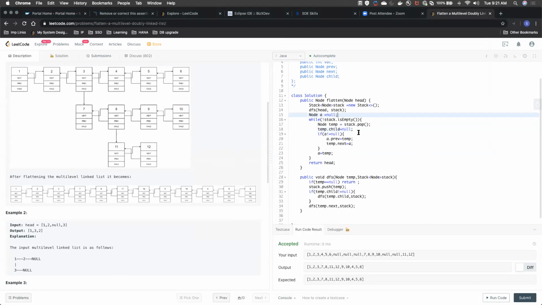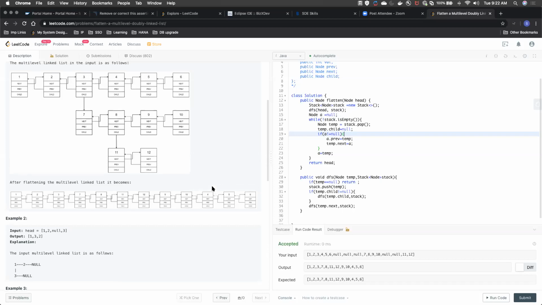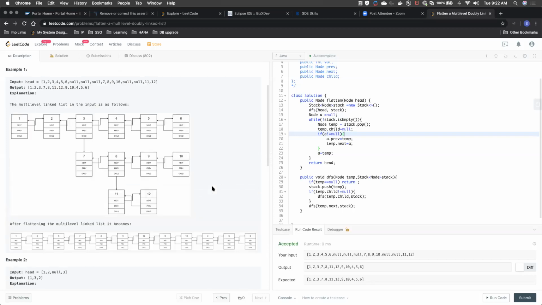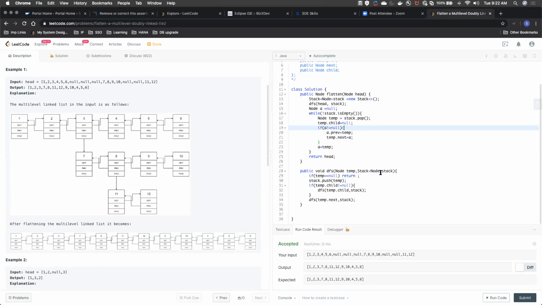Once it is done, I'll just pop all the elements and I'll connect the previous and the next and make the child as null. Oh, so first you are doing the DFS with the head and you're just passing the stack. Yeah. Okay, and so then you're doing the normal DFS. Yeah, if there is no child, I'm navigating to the next.